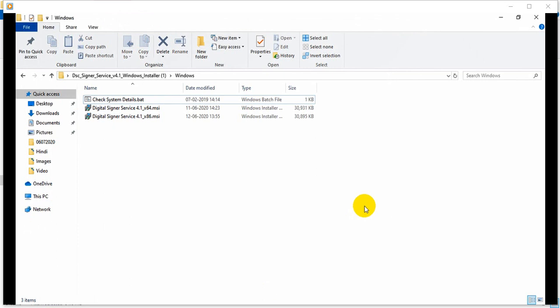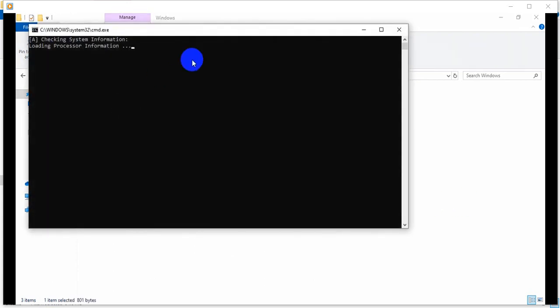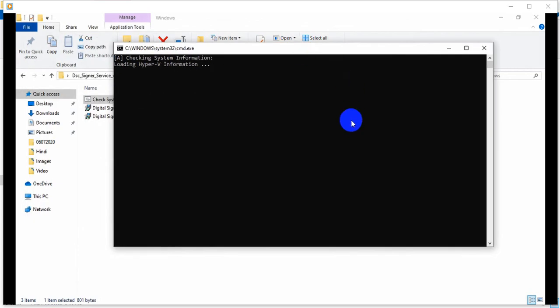So after stopping the recording, I have done the installation of Java on my system. Java installation is very simple, and if you haven't seen my earlier videos, all the steps are shown for installation. Simply go to Google and type download Java, and it will guide you to download, and it will be installed on clicking the next buttons. Now click on this file again to see what information comes on this black command prompt screen. So information started coming.